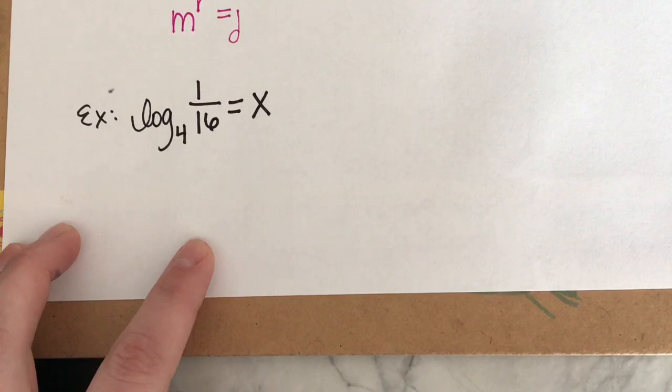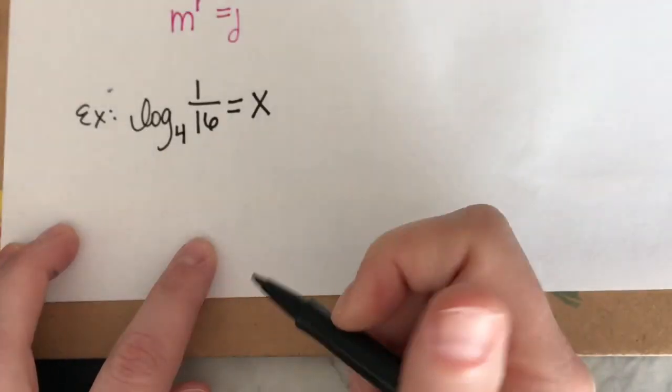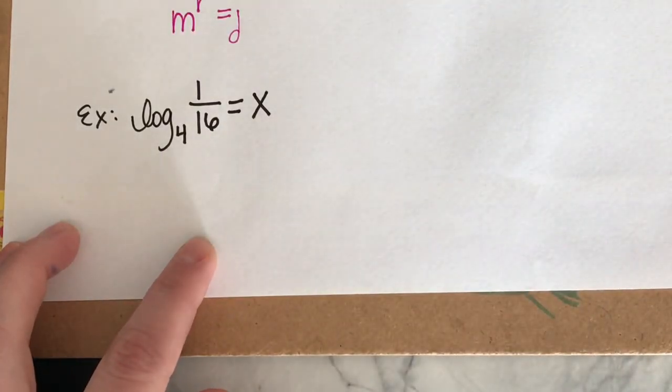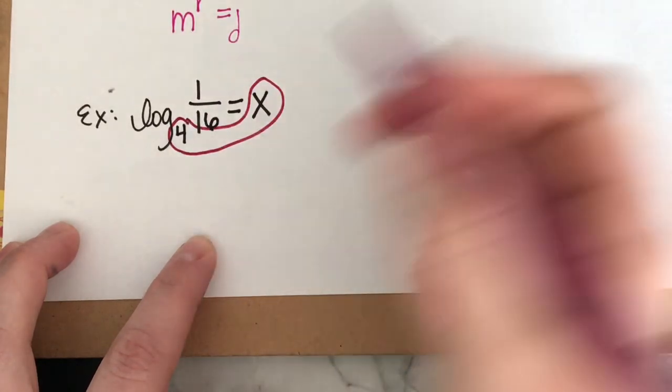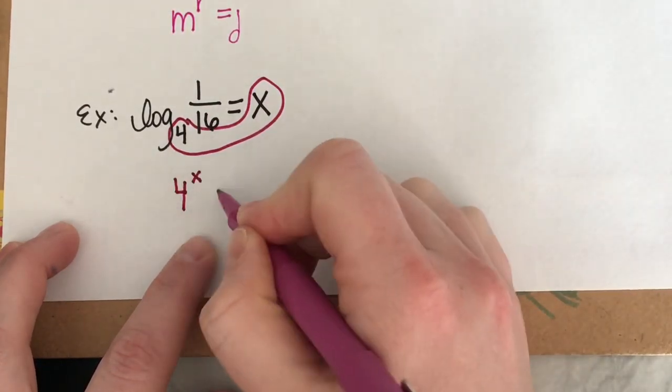So convert it to exponential form. Hopefully you've paused it already and tried it on your own. So 4 to the x equals